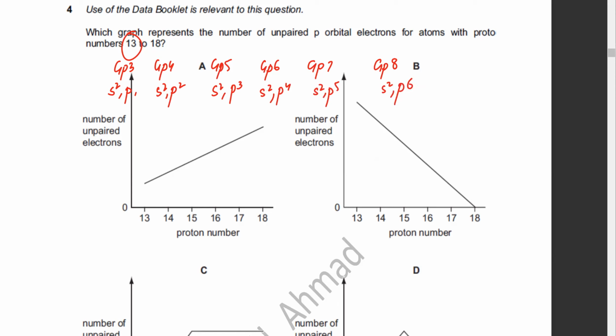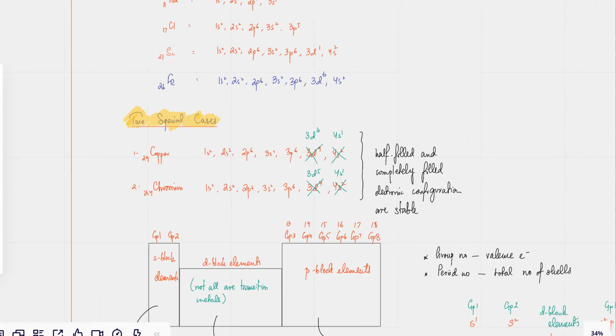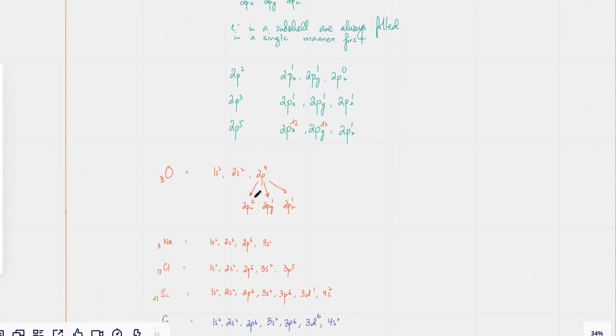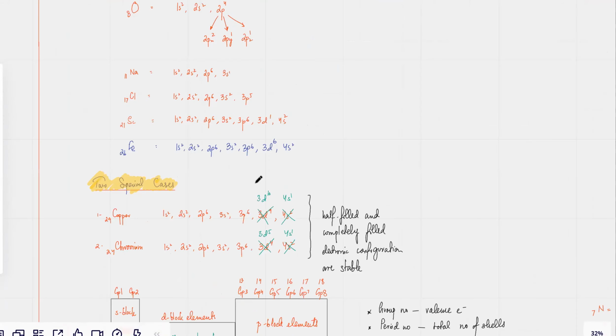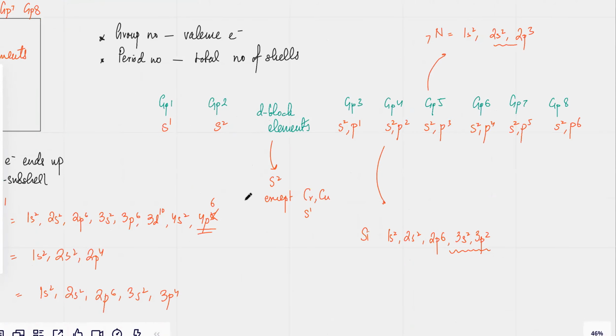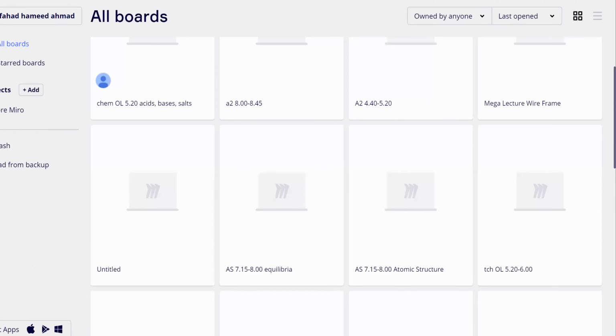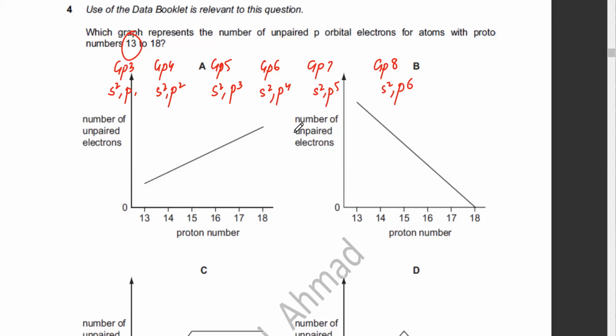I told you that by just looking at the group number, you can kind of figure out the electronic configuration of the element. So we did this. That the electronic configuration of the elements, you can just figure it out by looking at the group number. So now the question is,